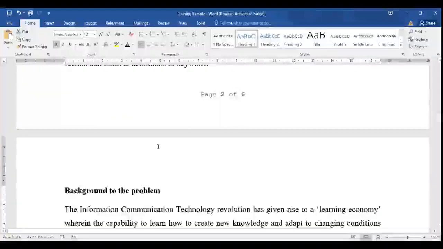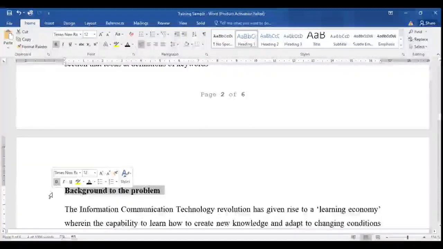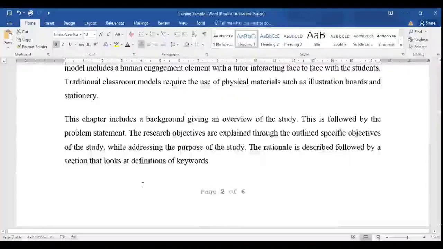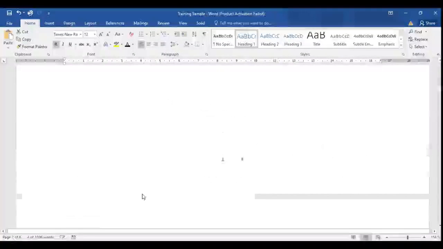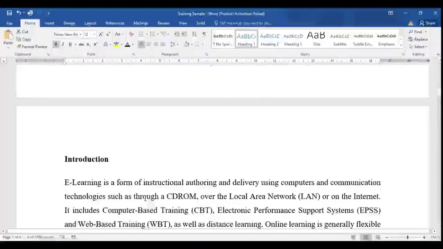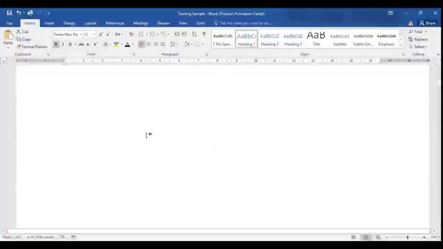Now that I have formatted all the headings under the heading 1 format, it means Microsoft Word now identifies each and every heading that I have formatted as a heading. Having done that, I have to go to the page where the table of contents is supposed to be. So in this case, I'll come to page 1 and click at the top of the page,